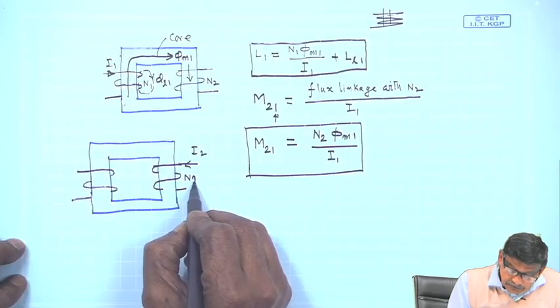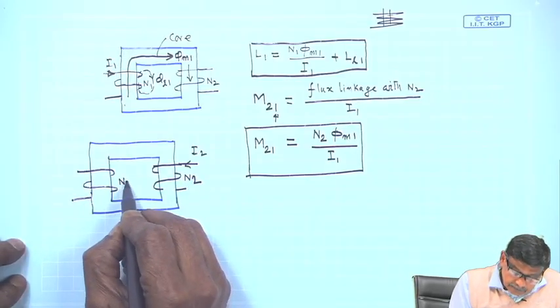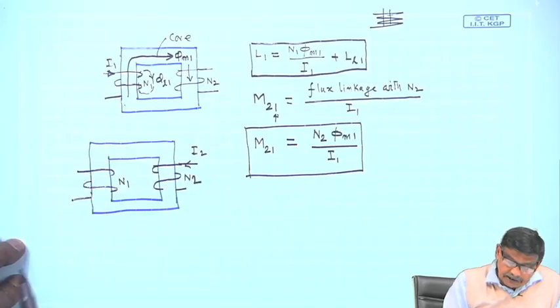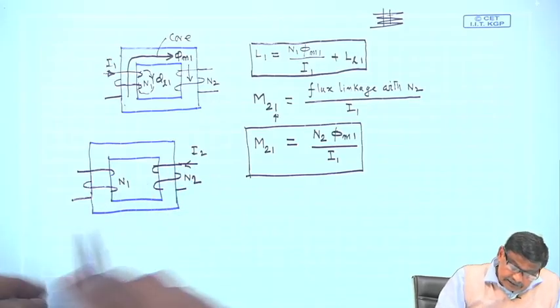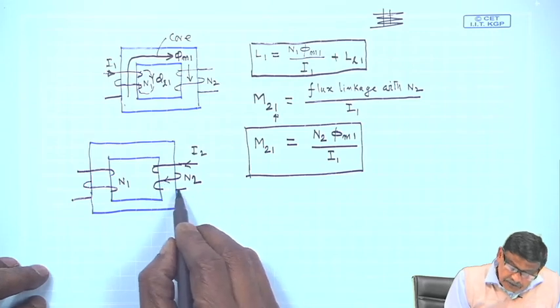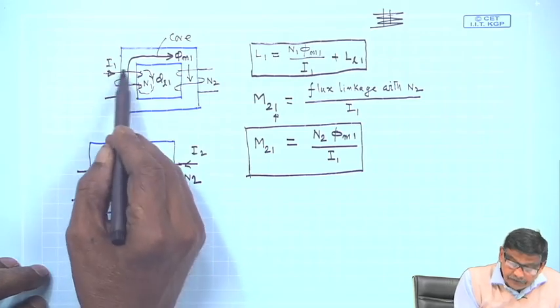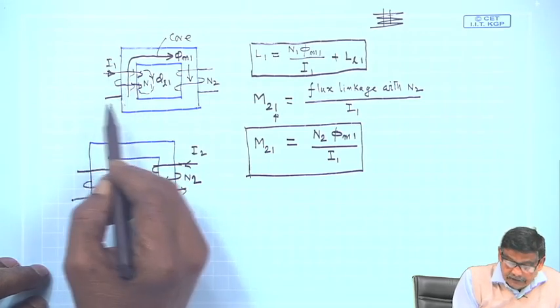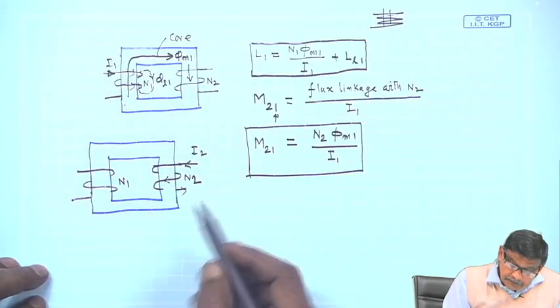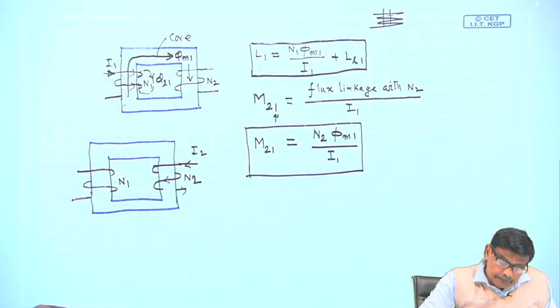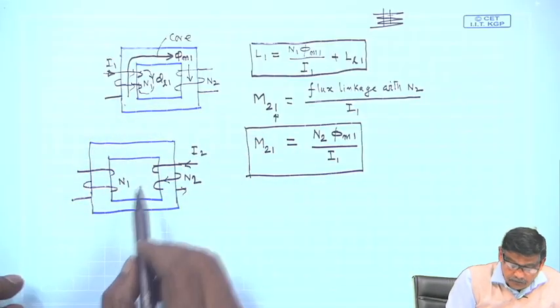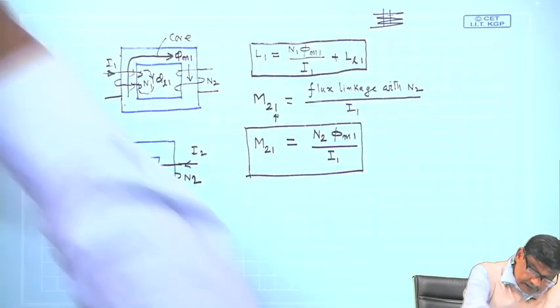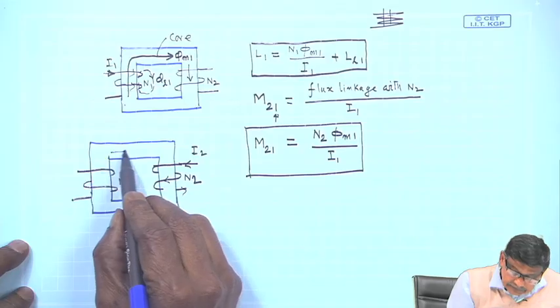This is N2, sorry, this is N1, and you pass a current like this. If you pass a current in this direction, as you can see the flux produced, you can show the direction of the current if you draw in this particular way as I told you, and decide about the direction of the flux. So, flux will be once again clockwise and it will be like this,